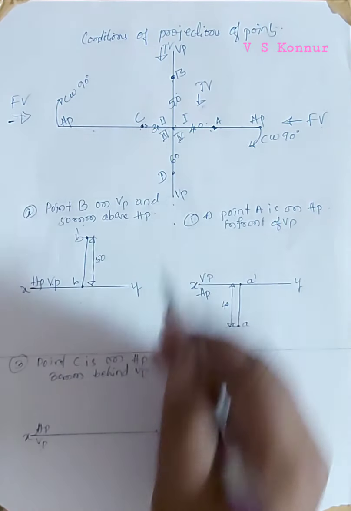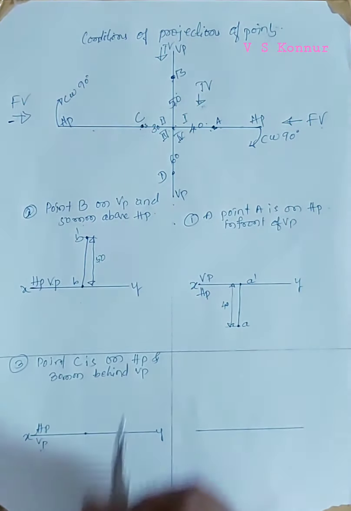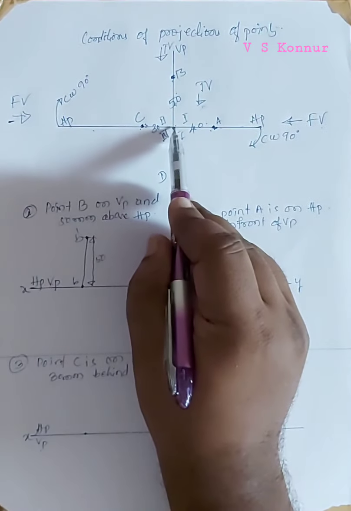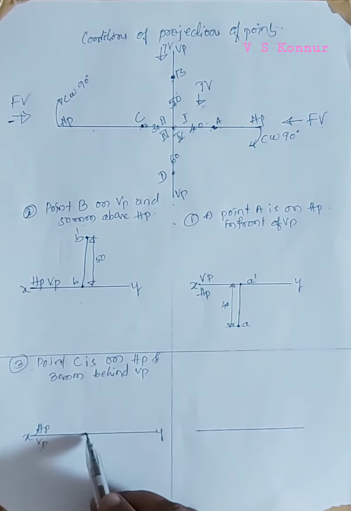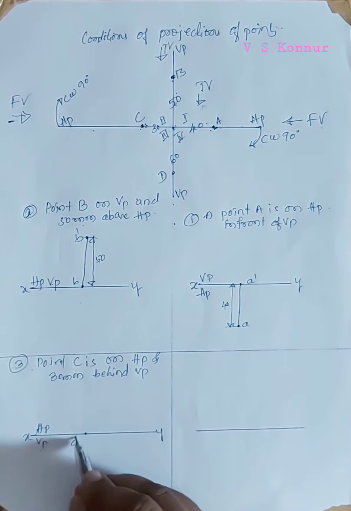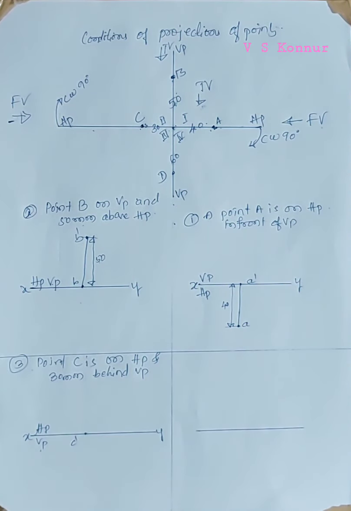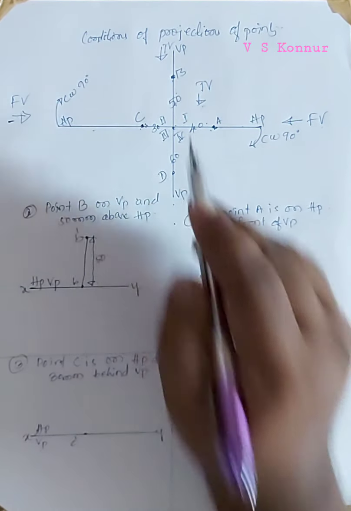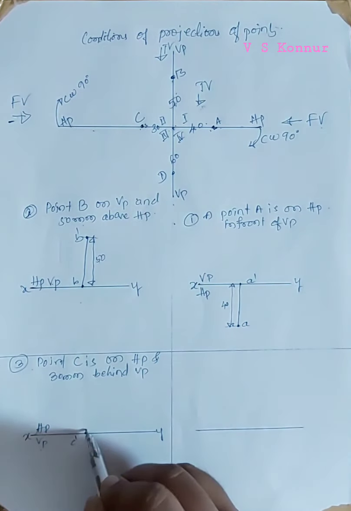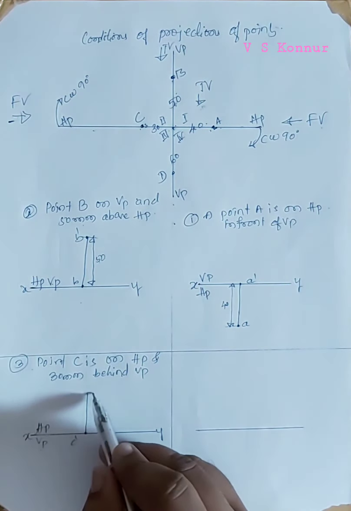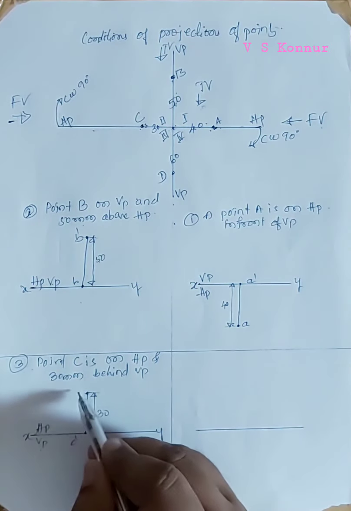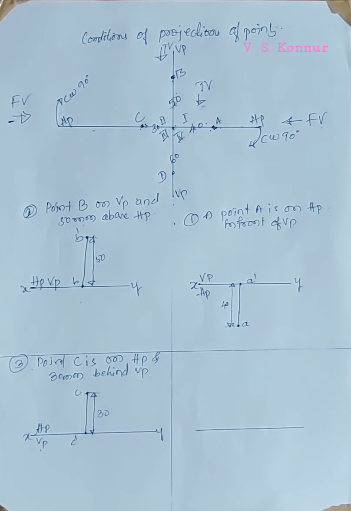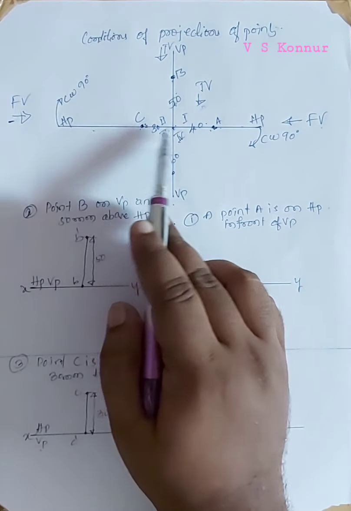Now when you are viewing from the front side, C is projecting at the intersection. So intersection is nothing but XY line. Front view is there, because of that we will mark it as C dash. When you are viewing from the top side, the distance 30 mm is projecting on horizontal plane. So horizontal plane is above XY line. So we will make a 30 mm distance and mark a point, and it is given by C, because from the top side, 30 mm will be projecting directly on horizontal plane.